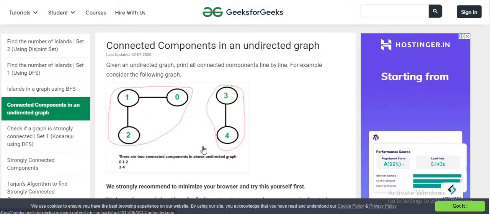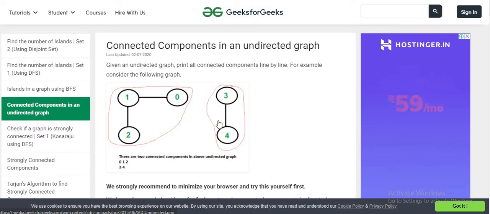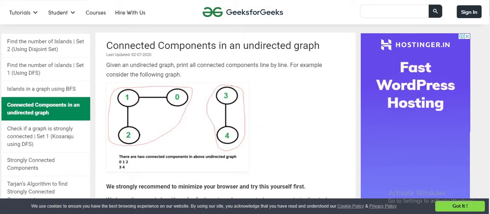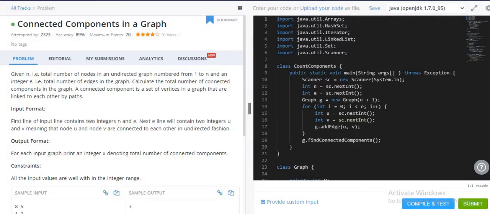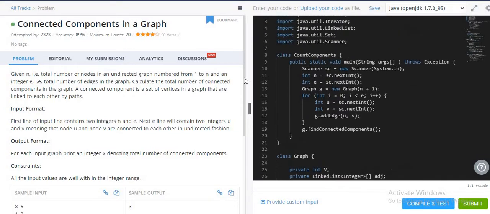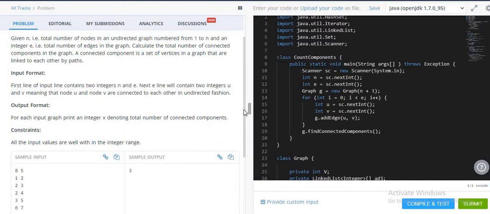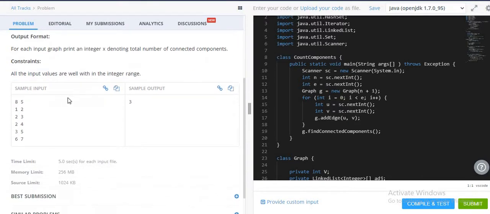So that's the reason you have to output the total number of components, that is 2. Coming back to this hacker problem, you can refer to that Geeks for Geeks article to get more idea about connected components. Here the total number of vertices is 8 and the total number of